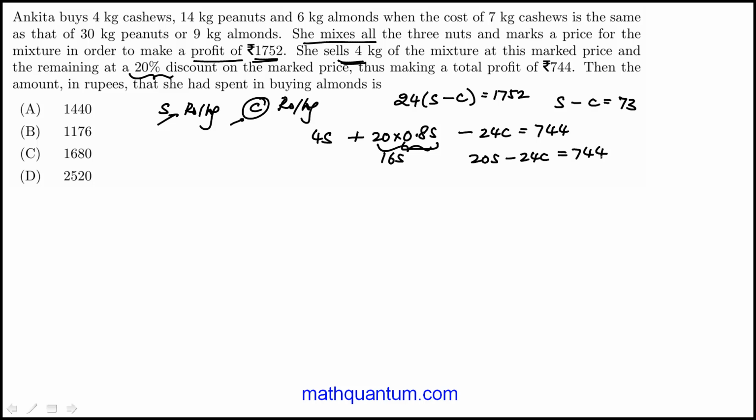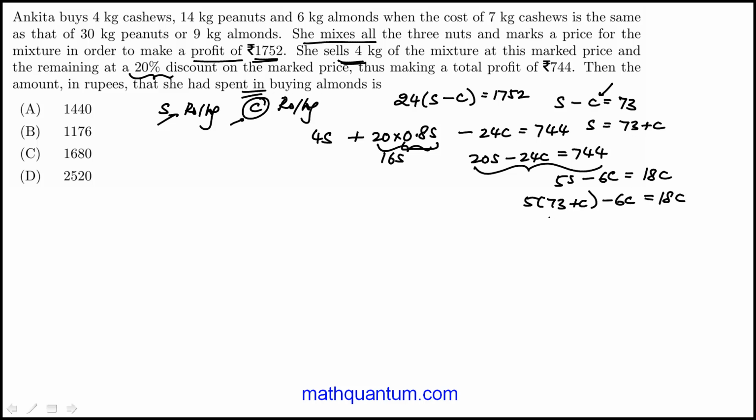So here we have two equations and two unknowns. So we can simplify this by dividing by 4. And 744 divided by 4, that's 186. And since I'm interested in the cost, I'll eliminate S, because eventually it's about figuring out the almonds part. So this would be 5 times 73. So I'm using a calculator for these. So 365 plus 5C minus 6C is equal to,